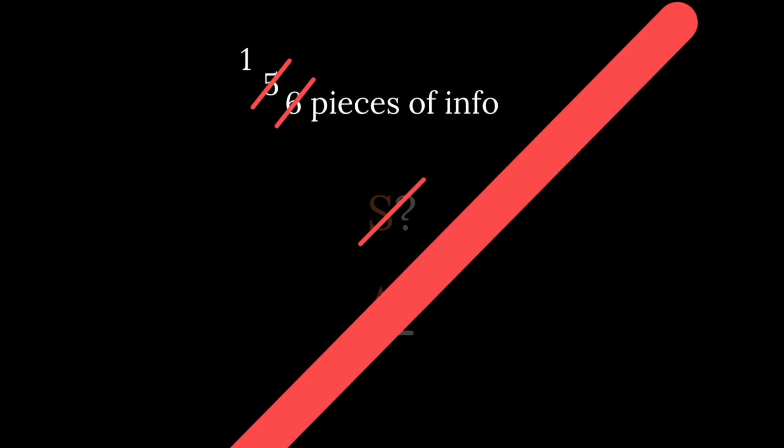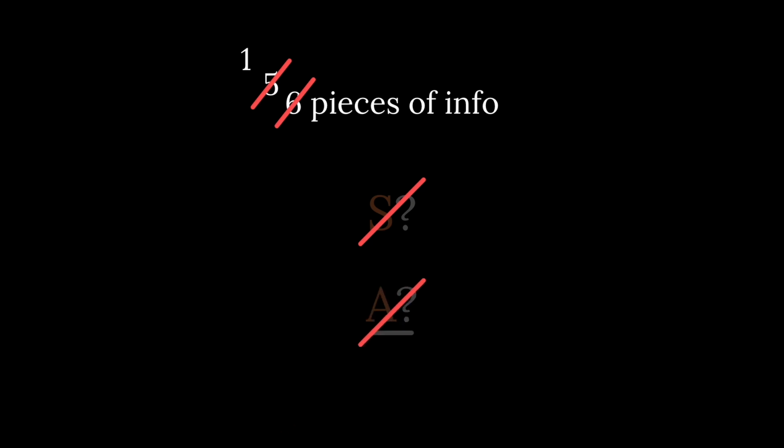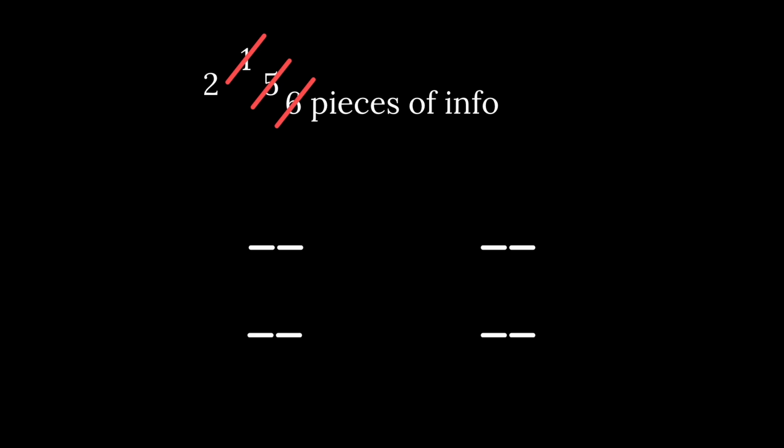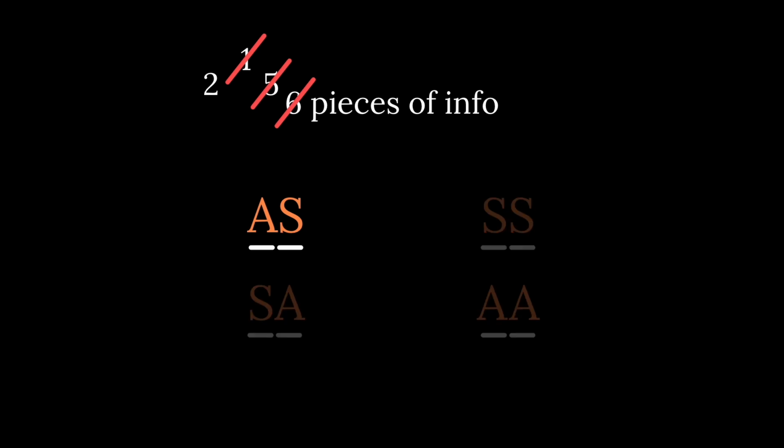That's all the possible ways to use one piece of information, and it's just insufficient to help us uniquely identify triangles. We move on to investigating 2 pieces of information. What are the possible ways to arrange them? Take a moment to think about it. There are 4 ways to do so: angle side, side angle, side side, and angle angle. Let's investigate angle side first.